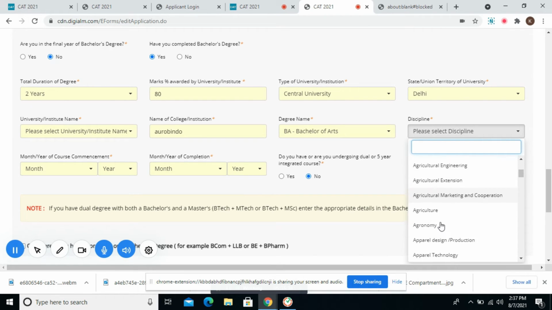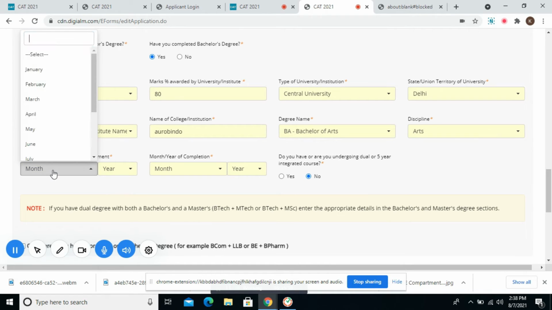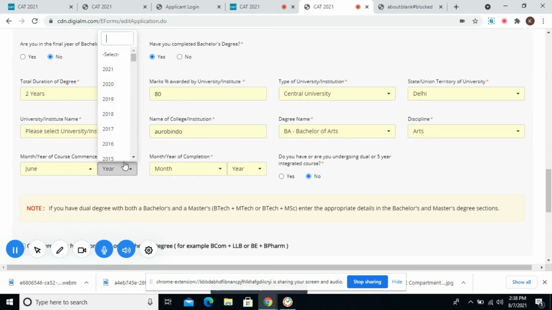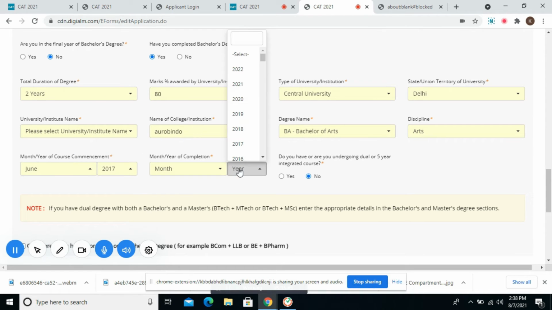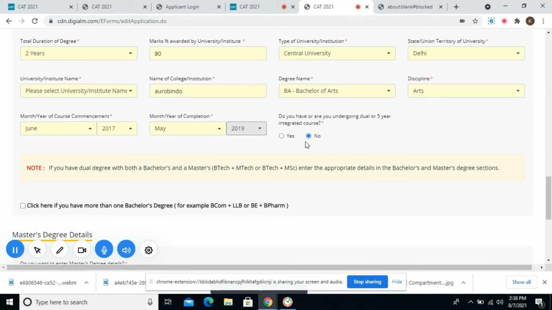I mean BA in English, economics or any other kind of professional degree that you have done. You have to enter it over here. Here the commencement of the degree has to be entered, and here the completion of the degree date has to be entered.